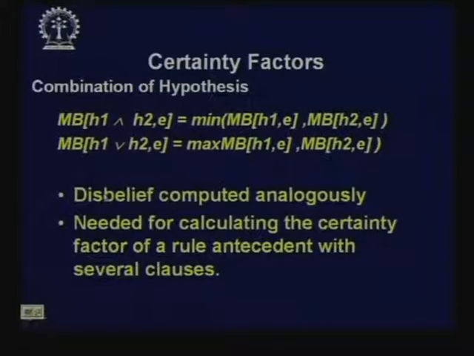The next thing that we want to see is if there are multiple hypotheses H1 and H2, given E supports H1 and E supports H2 with different strengths. Now, what is the common strength? If I take the conjunction, what is the strength of that? It is the minimum of MB(H1, E) and MB(H2, E). That means what? That means